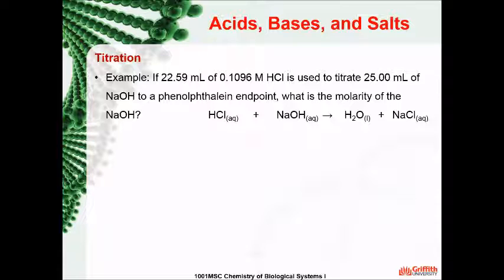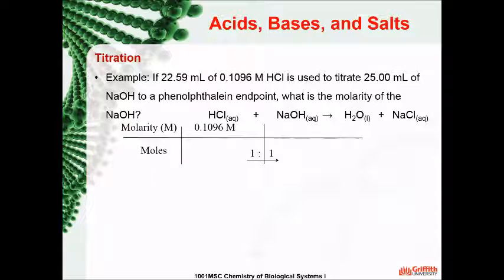The first thing to do is to check if the equation is balanced. Then we can use the table we learnt in Module 6. We have the acid molarity, 0.1096, but we can't work with that, so we need to calculate the number of moles. Remember that molarity equals moles over volume, so by rearranging the equation, we find that moles is equal to molarity times volume in liters. From the question, we have 22.59 milliliters of HCl. So the number of moles is